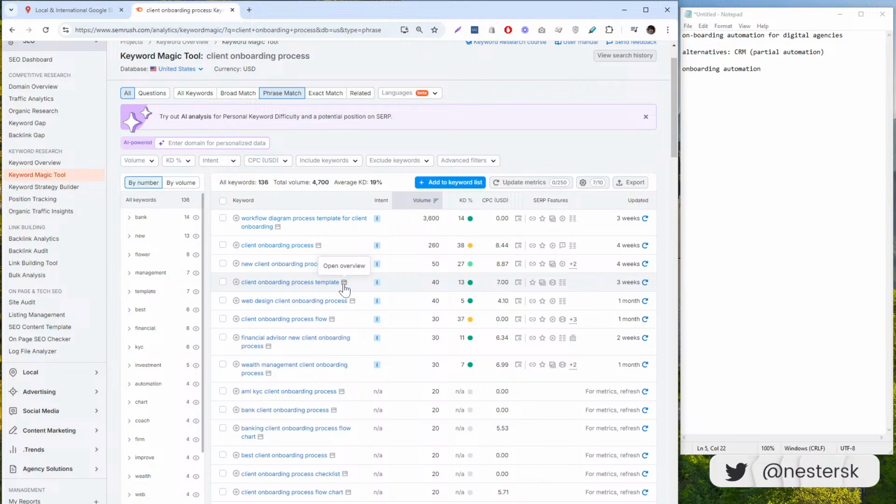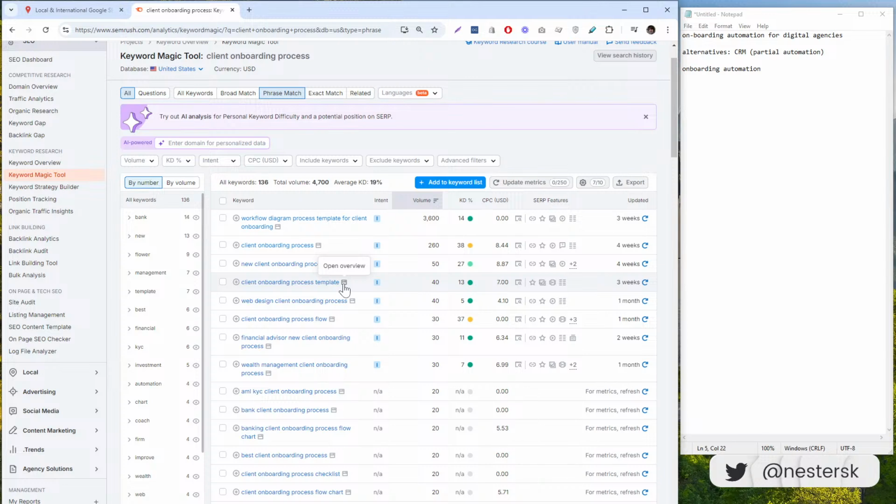You could do a calculator to calculate the savings of automating your onboarding, some kind of savings calculator. But you could also create templates that you just share. The template can be something that teaches them how to do the manual onboarding, but then you can still